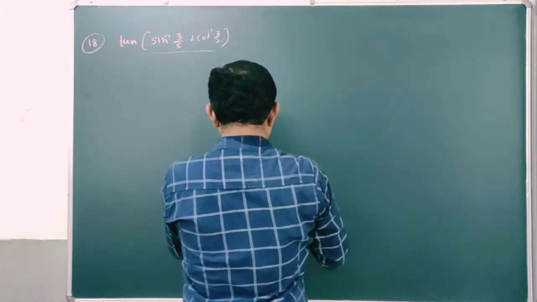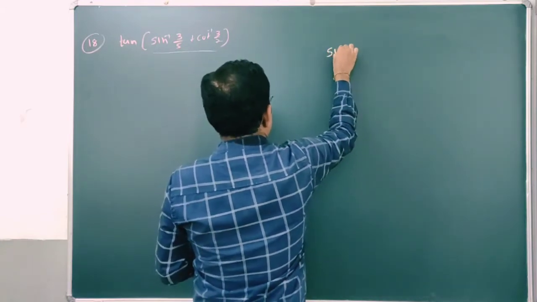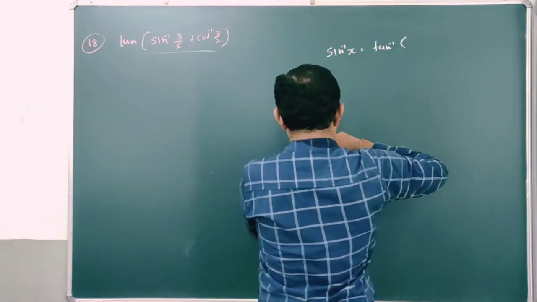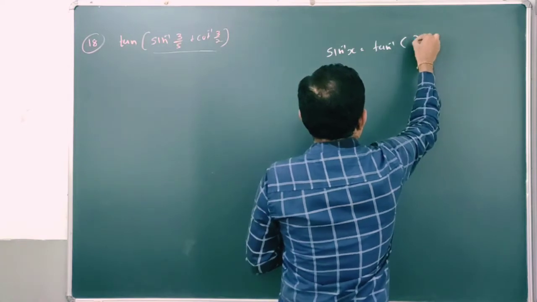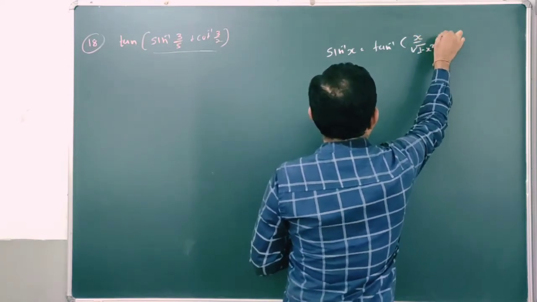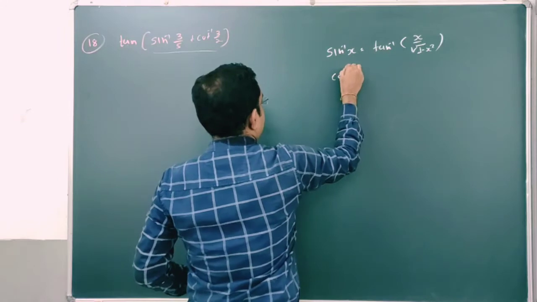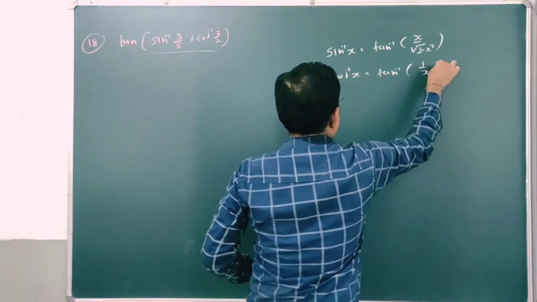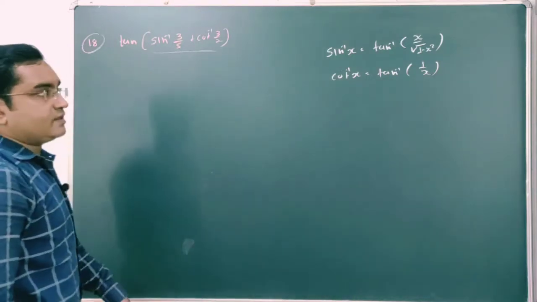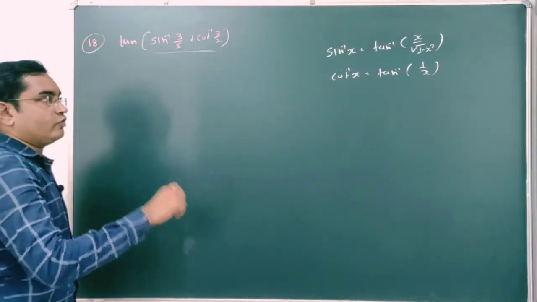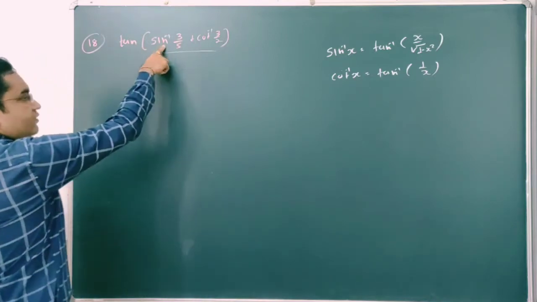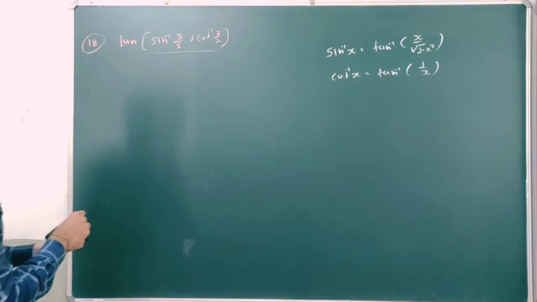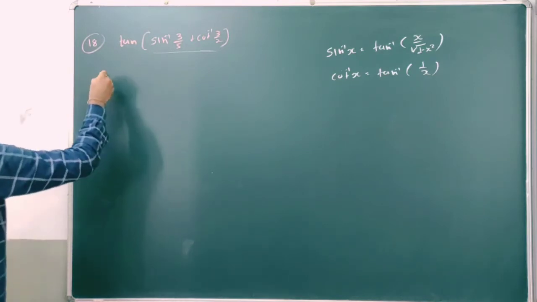Transformation says that sin inverse x can be converted into tan inverse by taking it as x upon square root of 1 minus x square, and this cot inverse x is converted into tan inverse by taking its reciprocal. So sin inverse x is nothing but tan inverse x upon square root of 1 minus x square. So this sin is converted into tan, and this cot is required to be converted into tan inverse. तो देखो करते हैं इसको solve. So this is equal to